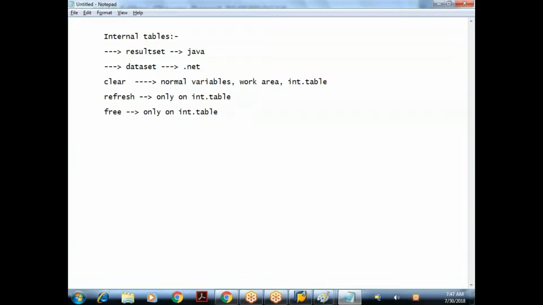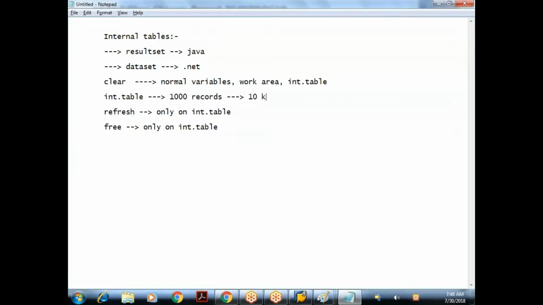Now what is the difference between refresh and free? Refresh will clear the internal table but doesn't deallocate the memory, whereas free will clear the data as well as deallocate the memory and get the internal table to its initial state. Suppose my internal table currently has 1000 records. For these 1000 records, some memory will be allocated internally.